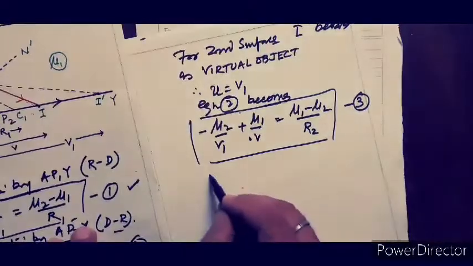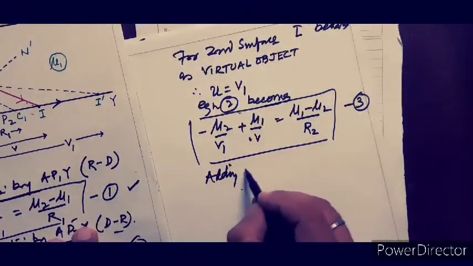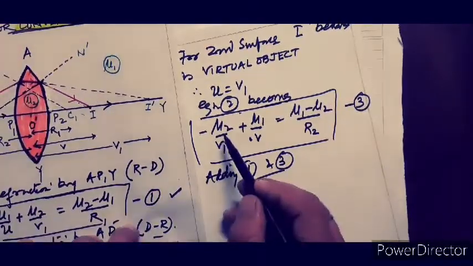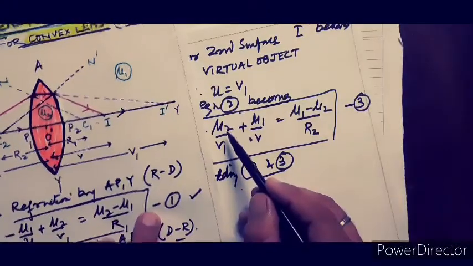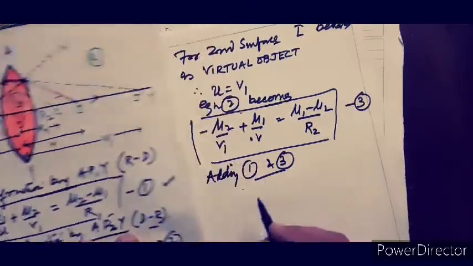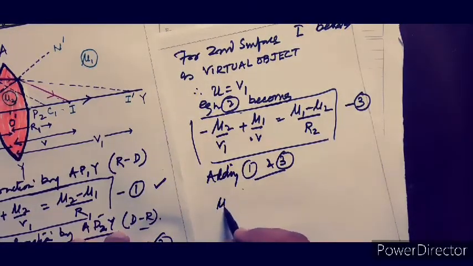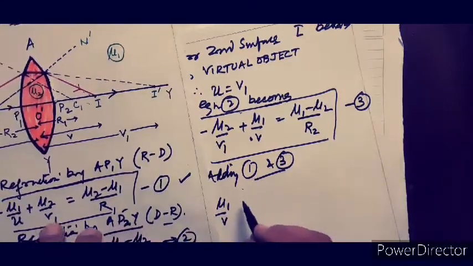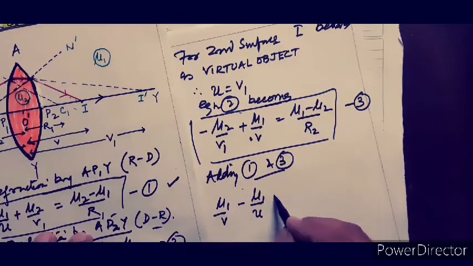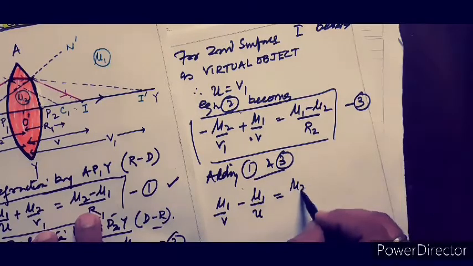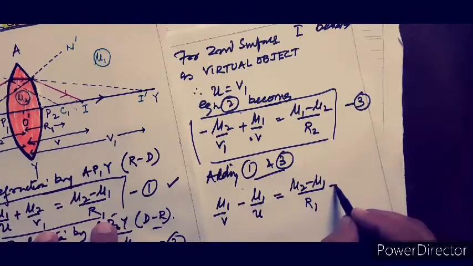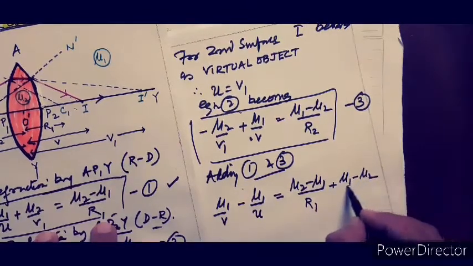So adding 1 and 3, what we will get? Just to see, this particular term is going to cancel. This minus mu2 by v1 plus mu2 by v1. So ultimately we will get mu1 by v minus mu1 by u is equal to, here mu2 minus mu1 by r1, and here it is plus mu1 minus mu2 by r2,